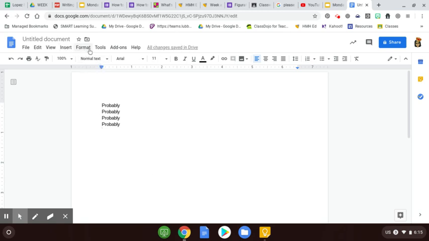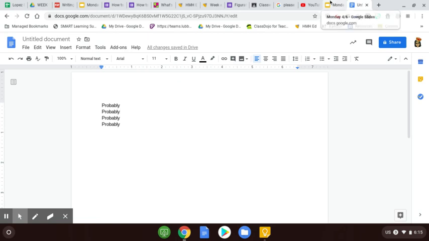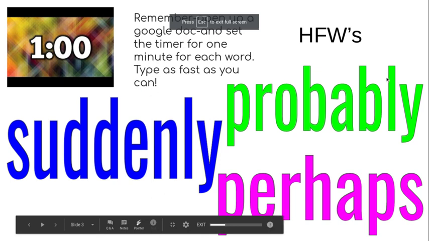Then remember, you hit tools and word count, or you can do the shortcut Control-Shift-C to see how many words you type in a minute. Once you're done with that word, you can go on to the next 2 words and reset that timer. Once you're done there, you will come back and do the next thing, which is